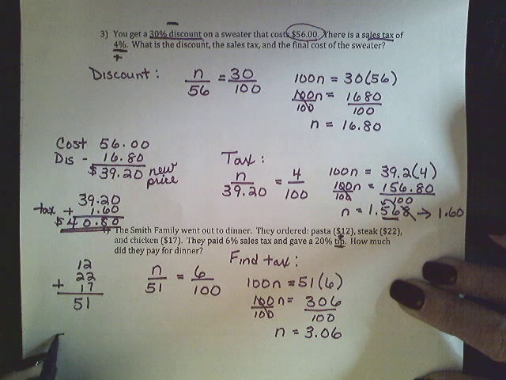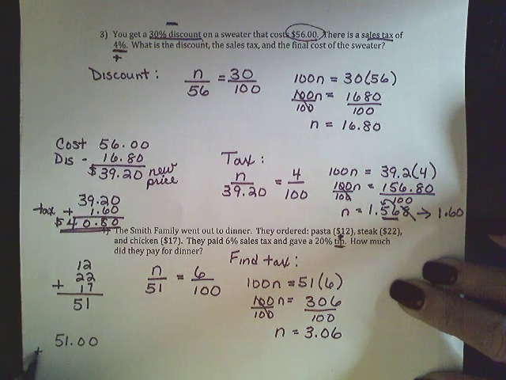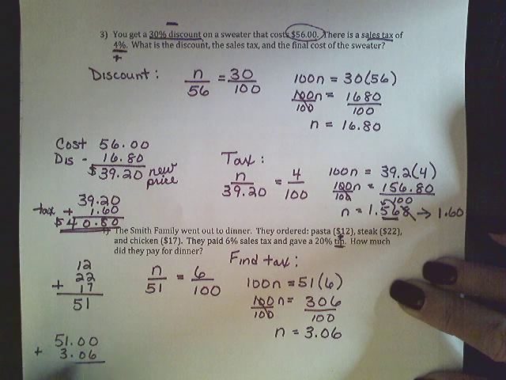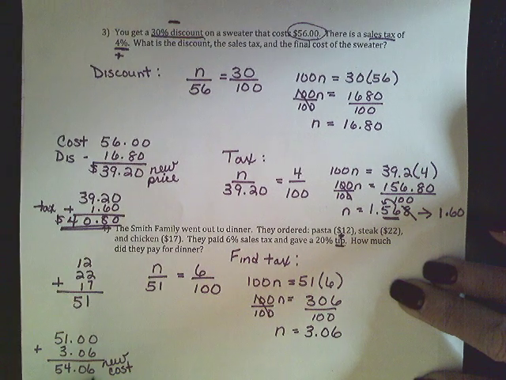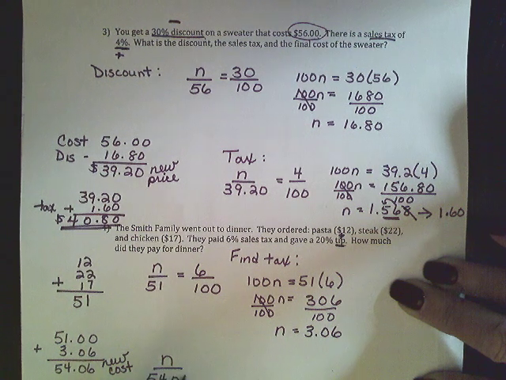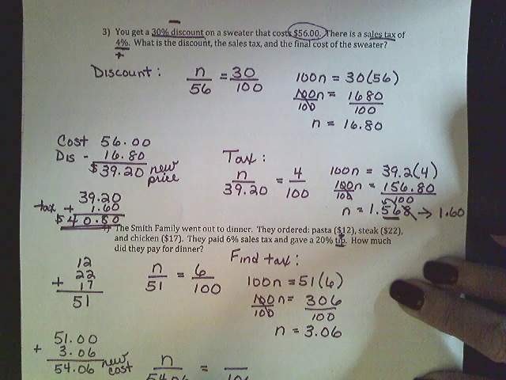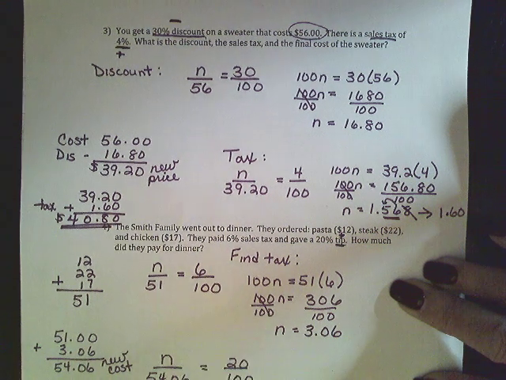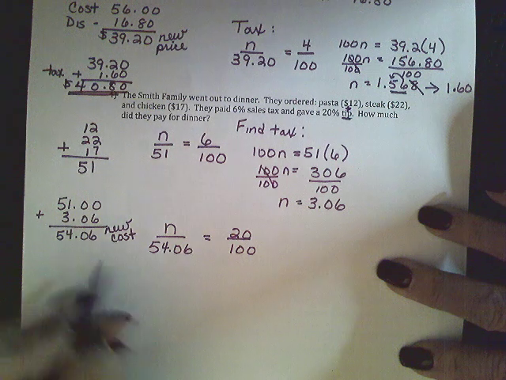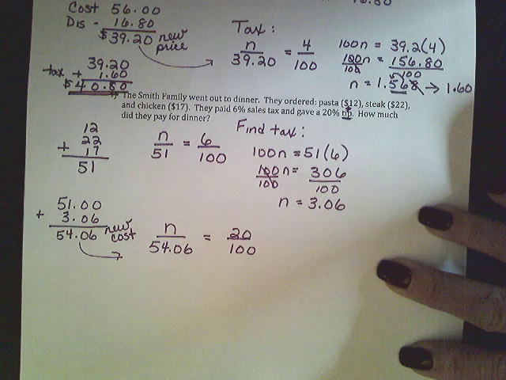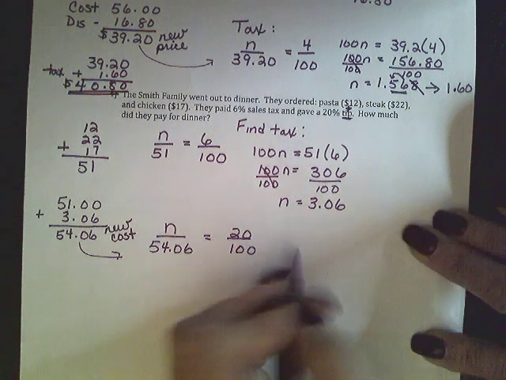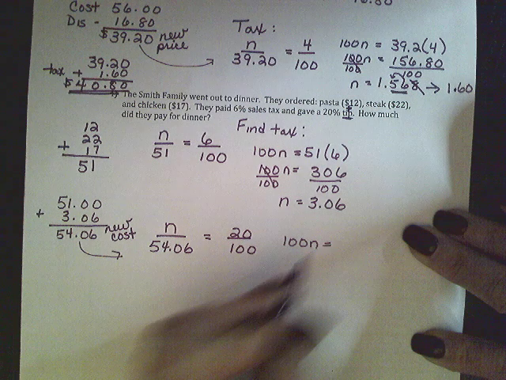So far my bill is going to be $51 plus $3.06. $54.06 is my new cost, or my new bill. That is the number that I'm going to use, N over $54.06, to find my tip of 20%. Okay, so you have to use your new price, just like we used the new price up here for the tax. All right, so this is going to be 100N equals